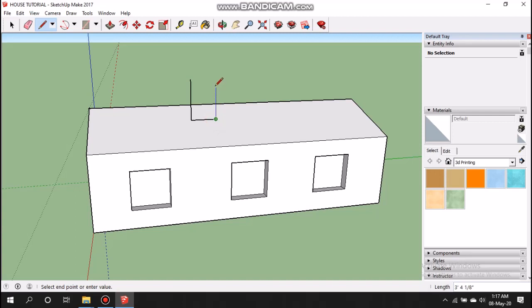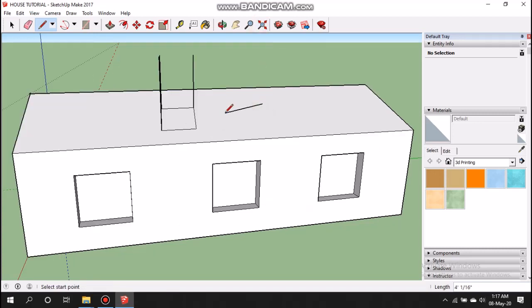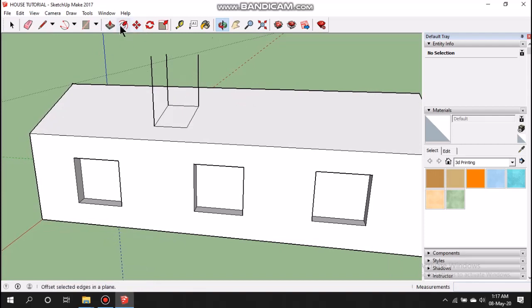Now this line, now a vertical line, and here. Now this meets this line. Slightly pan this. Okay, and now this is the line.